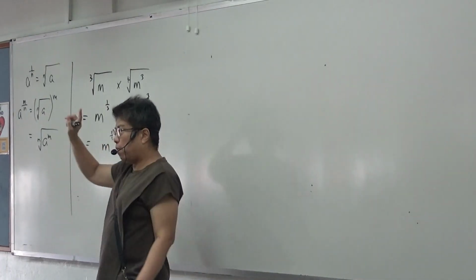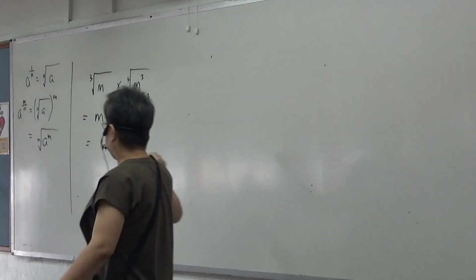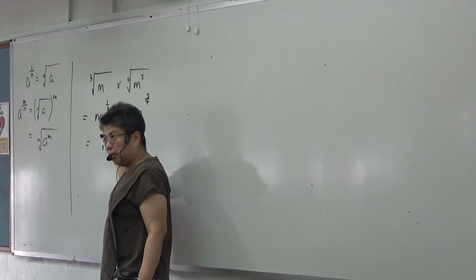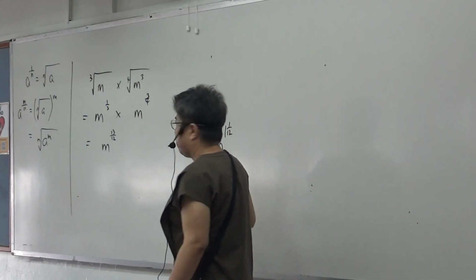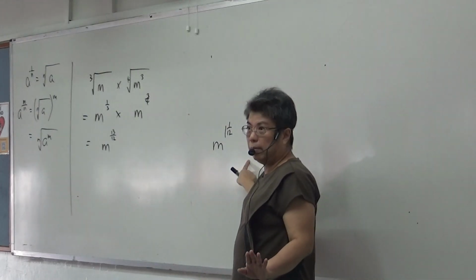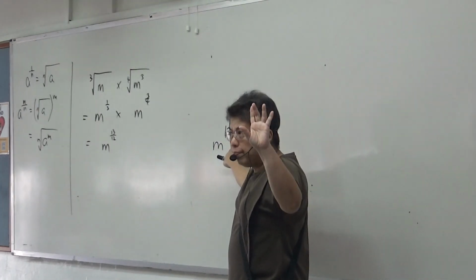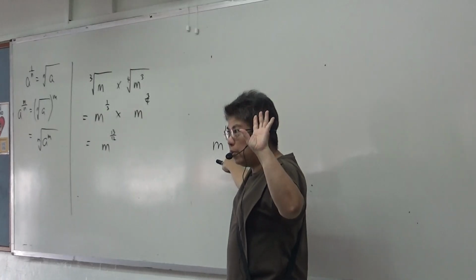For index power, we always write improper fraction. Why? So that I know this is the 12th root raised to power 13. If you write it another way, it's also correct, but can you see it's very difficult to know what is the root and what is the power? Can you see what I'm talking about? Okay? So the power should always be written as a